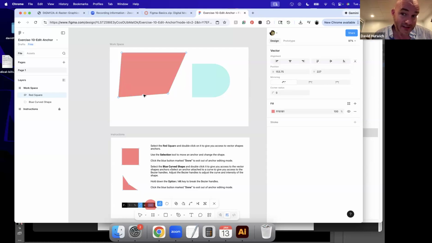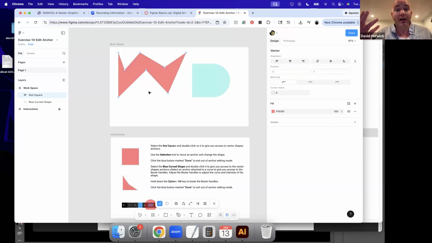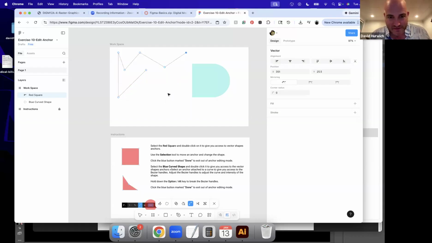And while it's selected, I could click and move it. If I come in here, I'm going to click. You can actually drag it if you don't want it right in the center. And then I can move that anchor point, click and move that anchor point, click and move that anchor point. So you can see how by adding anchor points, I can adjust this vector shape and make it more complex. If you want to get rid of an existing anchor point, what you want to do is highlight it, and I believe,